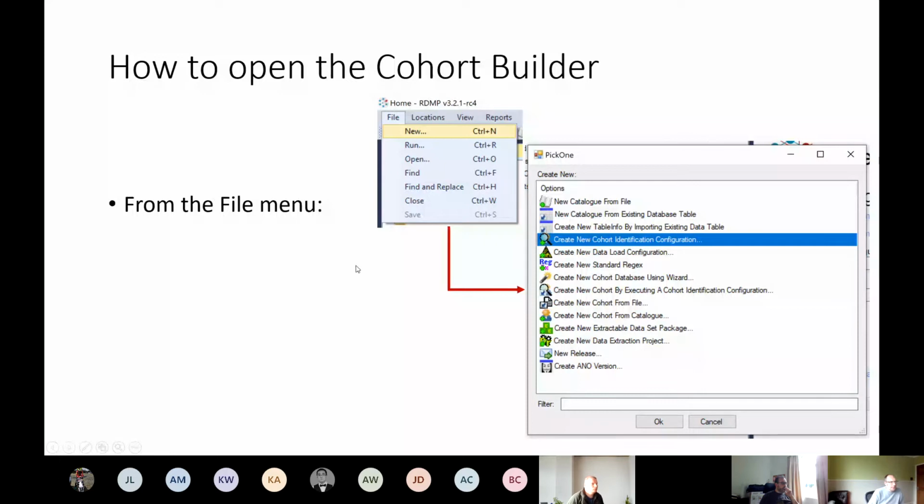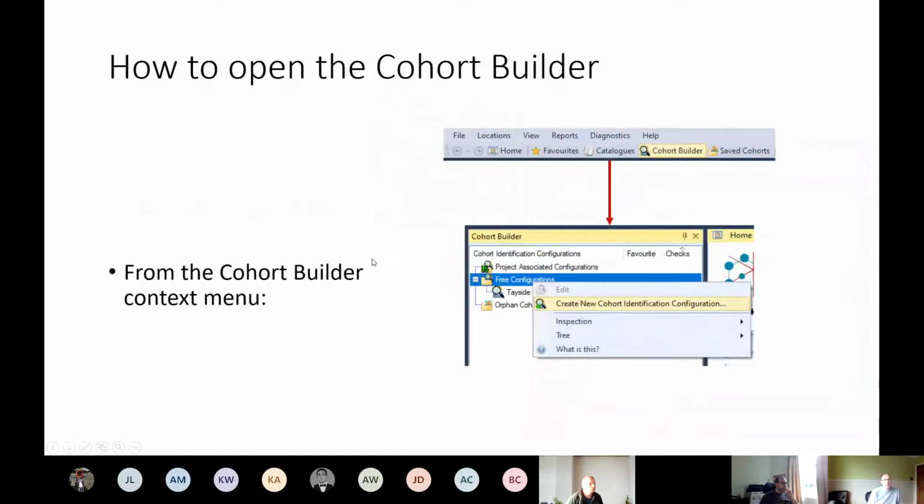Yes, various different ways to open the cohort builder. What we've done is we've removed the wizard bit, and part of the reason for that is that we never used it within HIC. I always felt it was too simplistic, and actually it just added confusion. Because what ends up happening is you end up learning how to use the wizard, and then you also learn how to do it manually so that you can build upon the criteria that the wizard kind of puts together. So I'm not a fan. I think it's easier to just look at it from the usual GUI, because that's what you'll end up using anyway.